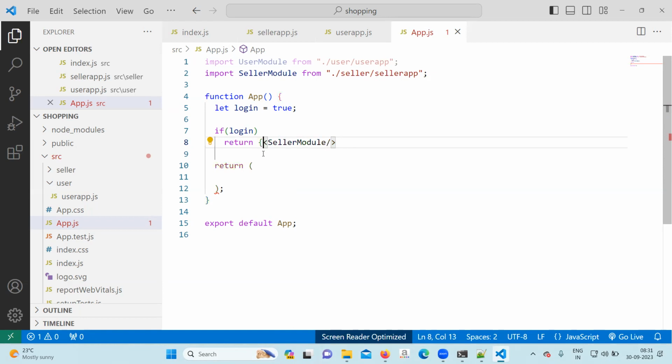Return, you must keep inside a function. Single line, so I have written in one line only. Curly bracket no need to write.